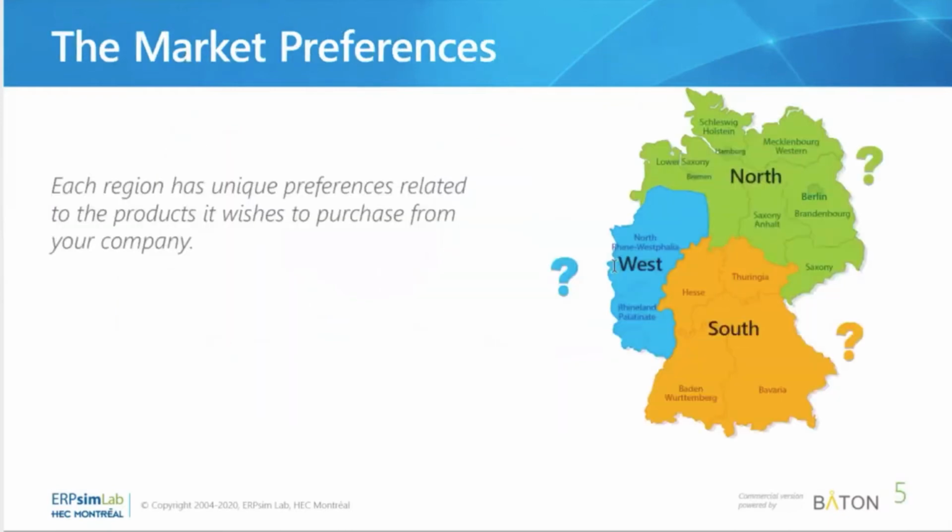Here's the market. All of you need to be aware of what kind of market you are dealing with. So this is the German market, and you have North, West and South markets. Only three regions, and depending on these market characteristics, you need to make decisions about how to advertise. Do you want to advertise in North more, or West more, or South more, or equally? Those decisions have to be made.